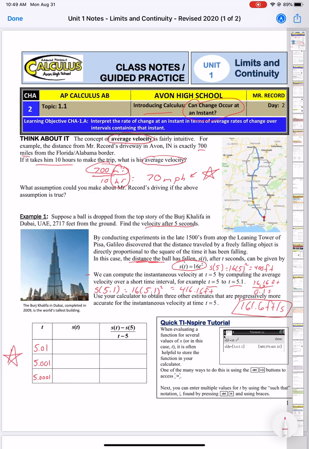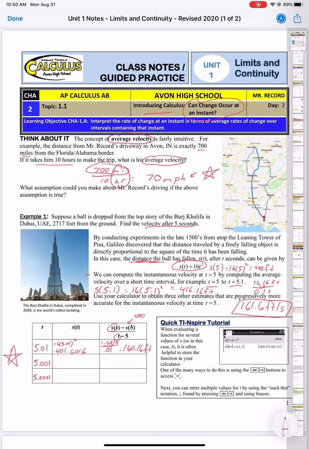So just like we did up here, the first thing we're going to do is find s of t. So plug it into the function. We'll do 16 times 5.01 squared, and that will come out to 401.6016. Notice I'm subtracting that from s of 5, which was 400. So just to find the difference of how far it fell in that additional little bit of time, that's a difference of 1.6016. And the change in time from that to 5 seconds was 0.01. So that's going to move my decimal point twice and give me